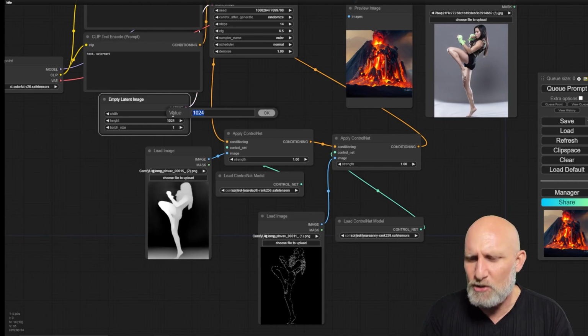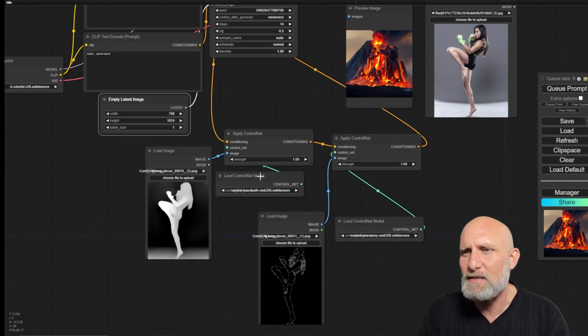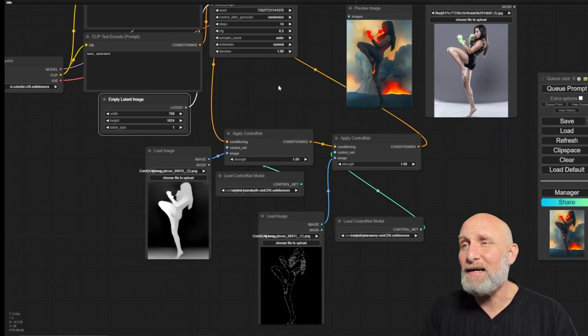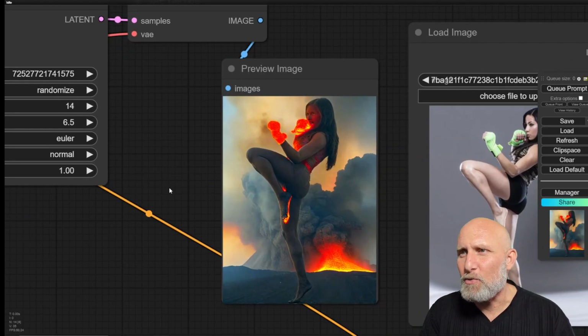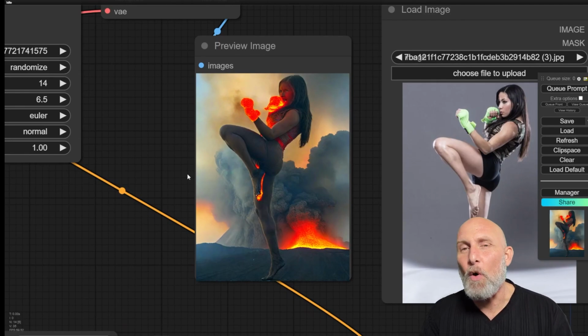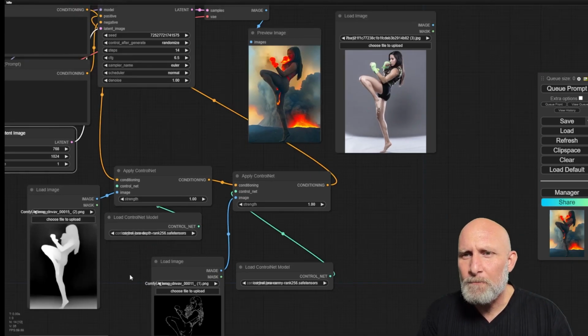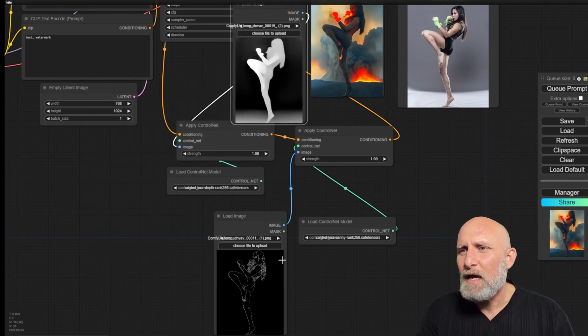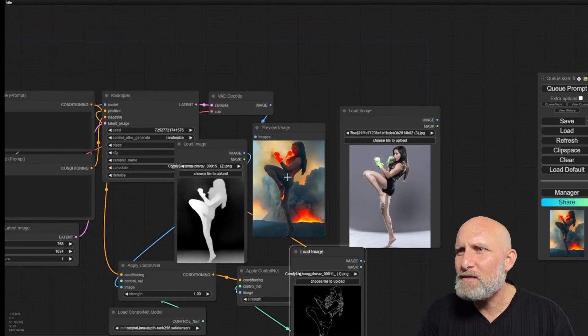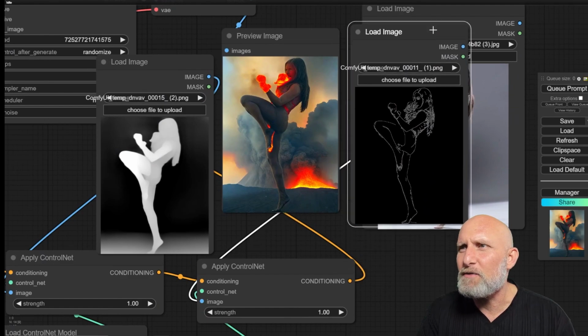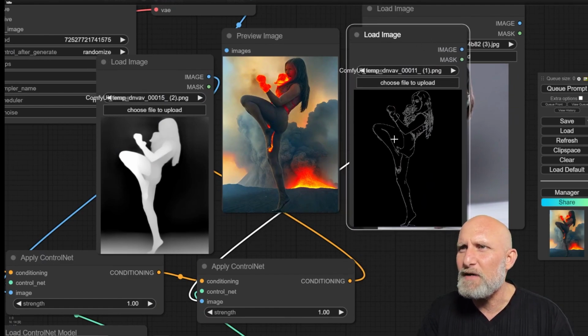Let's just change the width so it fits more or less the image size, and let's see what happens. And once it's done, the generated image is a great show of what ControlNet is able to do. So it used the depth map of the image, and it used the Canny to generate the details. It literally understood that we're talking here about a female figure based on the shapes,